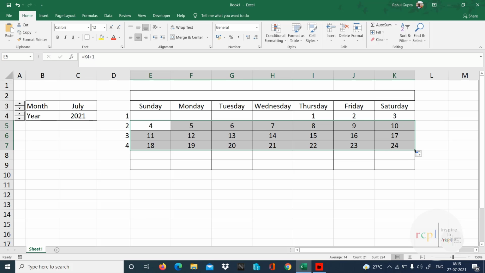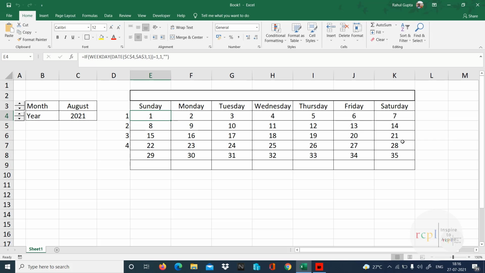Let's see what will happen if I'll just do plus in fourth week. So if I'm changing with the month, you can see in August it's giving 35 days. Do we have 35 days in August? No, only 31. So that's why I did it till fourth week, because let's suppose it's a February and we are having 28 days. So here it is 1 and it will be 28 over here. That's the last day. That's why I'm doing it till only there.